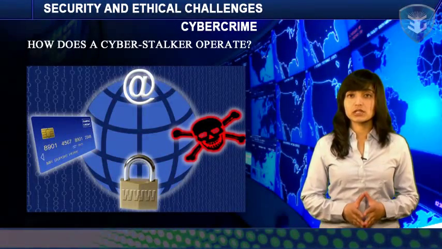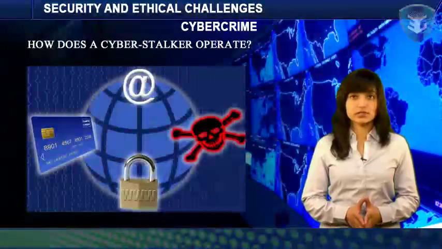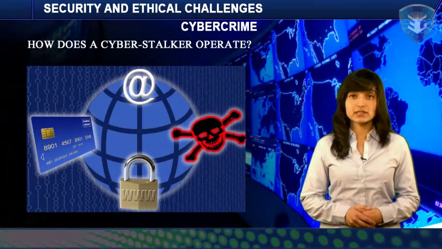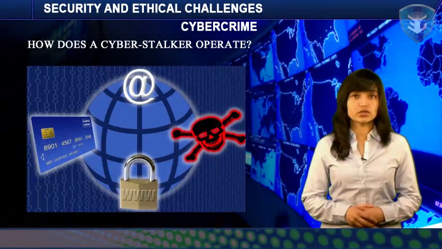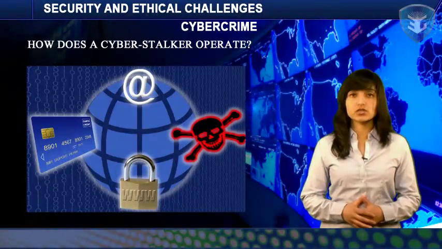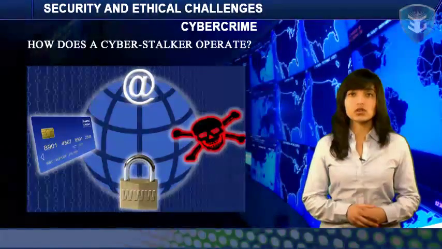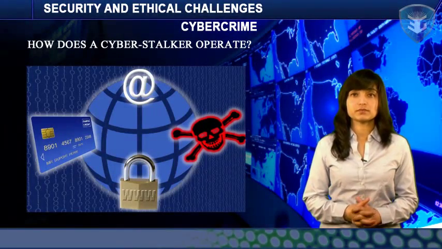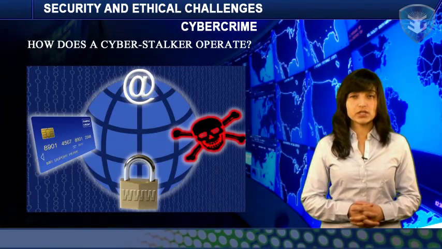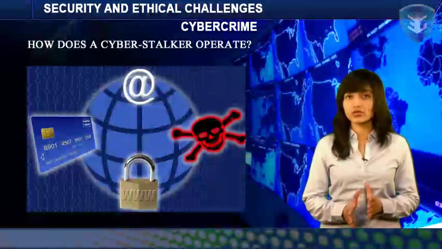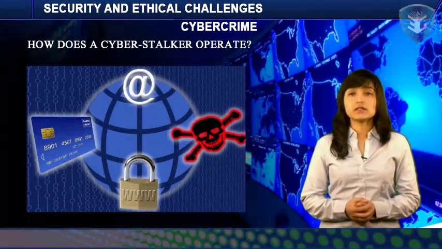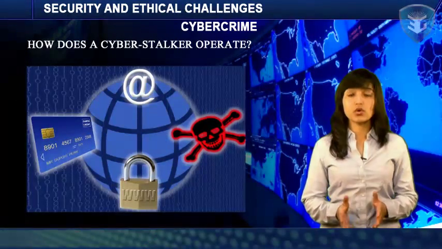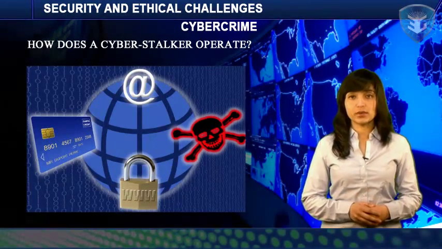A typical cyber stalker collects all personal information about the victim, such as name, family background, telephone numbers of residence and workplace, daily routine of the victim, address of residence and place of work, date of birth, etc. If the stalker is the victim's acquaintance, he/she has easy access to this information. If the stalker is a stranger, he/she collects the information from internet resources such as various profiles the victim may have filled in while opening chat or email accounts or while signing an account with some website.